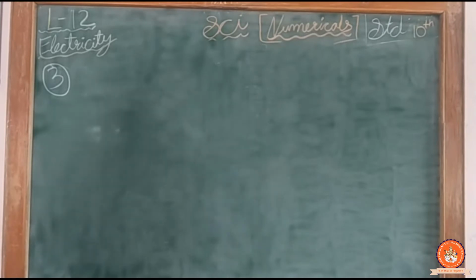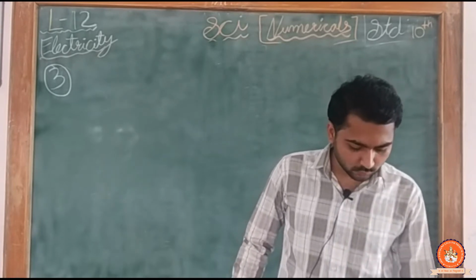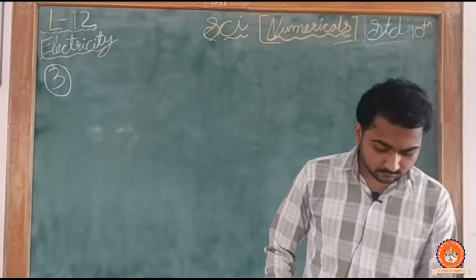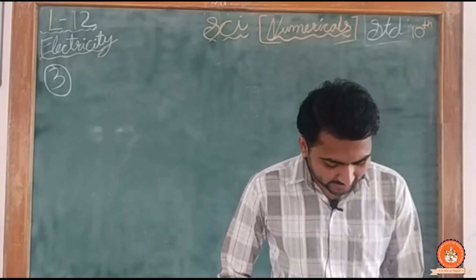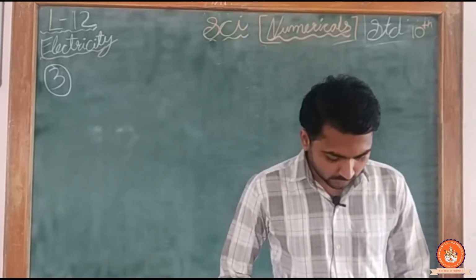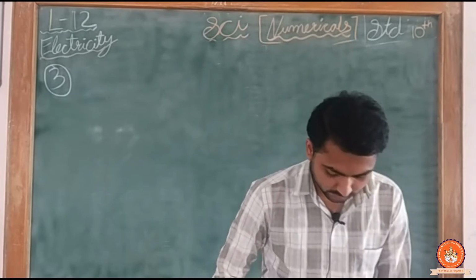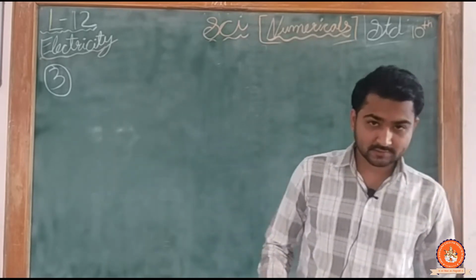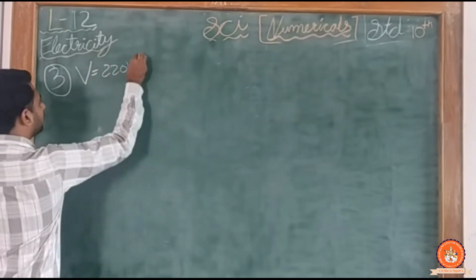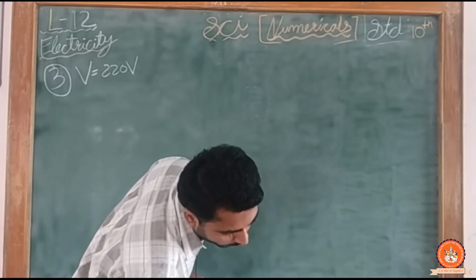Now coming to question 3. Read the question on page number 208 from the textbook, Example number 12.3. I am reading the question. How much current will an electric bulb draw from a voltage of 220 volt if the resistance of the bulb filament is 1200 ohm? Okay, so here for the first question, we have the voltage V equal to 220 volt and they gave us resistance equal to 1200.